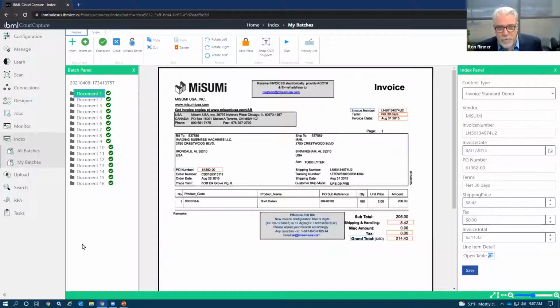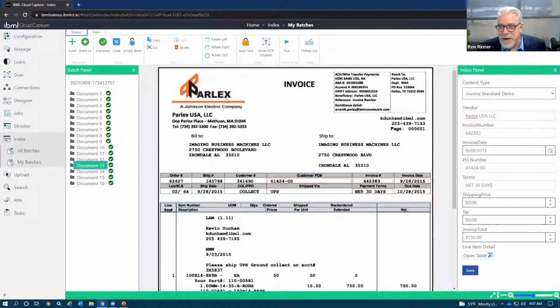So, again, the best way to start is to have a system that is capable of recognizing, at a very low level, first of all, that this document is an invoice. Second of all, that this document may, in fact, not just be an invoice, but can be associated with a specific vendor. And being able to do that automatically is a great trick. We call that classification. Classification is where the system resolves to a specific document type. But in ICC for AP, it also resolves right down to the vendor level. And that has a lot of advantages.